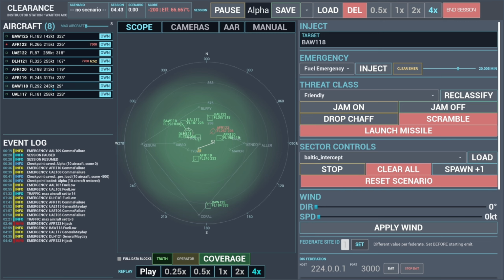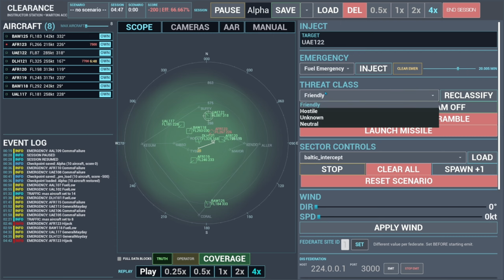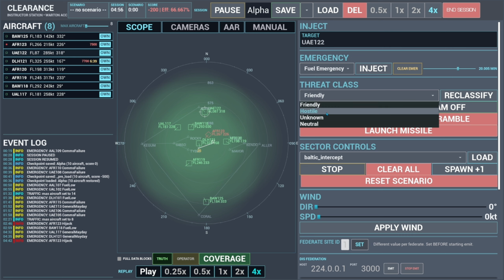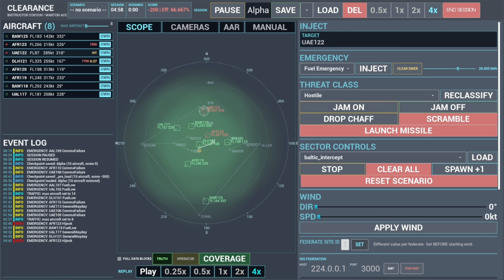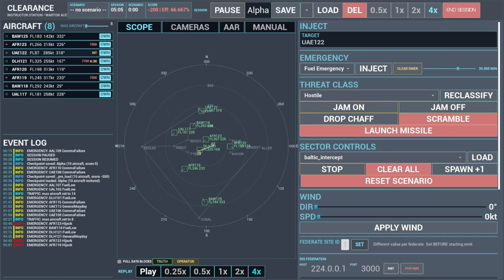From here, the instructor can reclassify an aircraft: friendly, hostile, unknown, neutral. So if we keep our eyes on the Emirates 122 aircraft row and reclassify it to hostile, as you can see, it's symbolically altered to hostile. If we keep our eyes on Emirates 122 on the scope, the instructor can enable its jamming, as you can see, turn the jamming off,